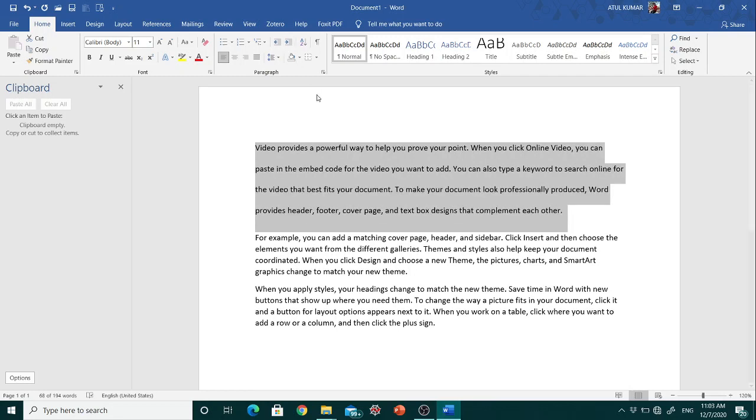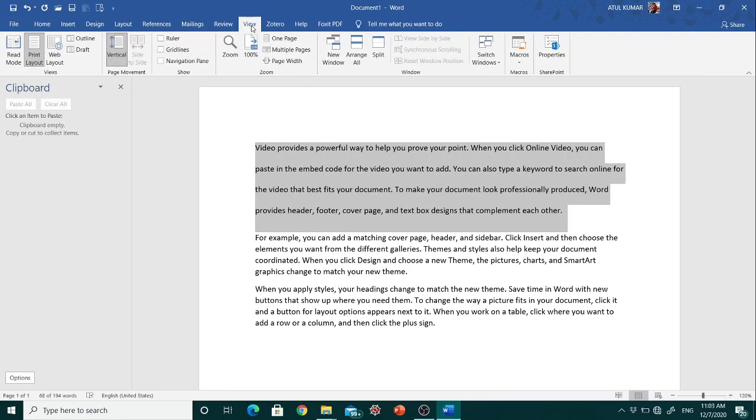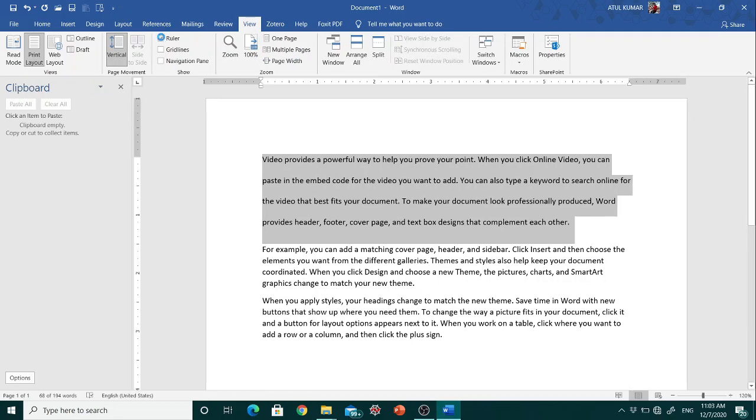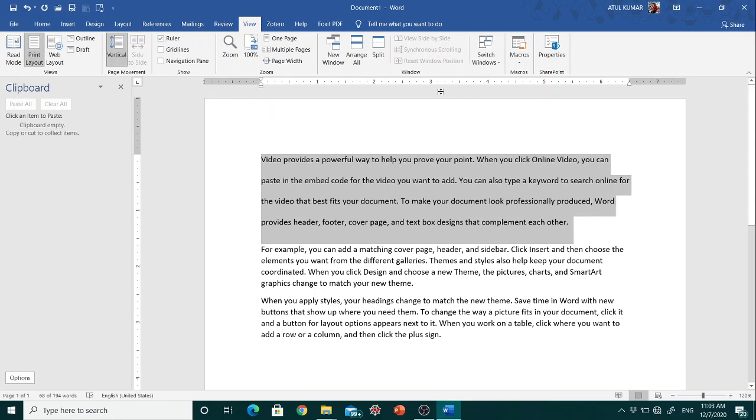So how do you find the margin in the document? Just go to the View option, and here is the option of Ruler. I click on the ruler, and you can see the ruler. This one is the margin of the page. Before this you can't write anything. This one is a left indent. This means you can indent your paragraph up to this point. And on the right side you can indent your paragraph up to this point, that is up to 7 point.